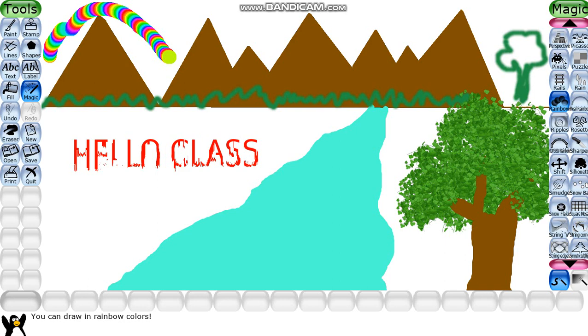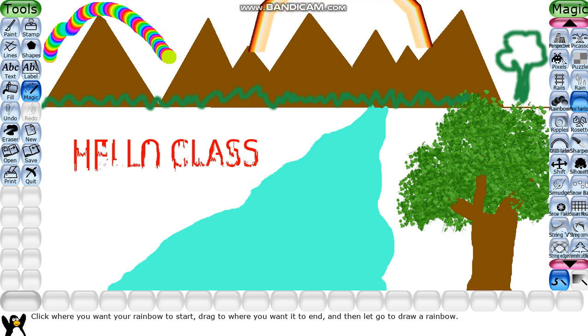And if you choose the real rainbow option, it will draw a rainbow which looks quite real. You can see, the second one is looking more realistic. So using the rainbow effect, you can draw a rainbow in your landscape.